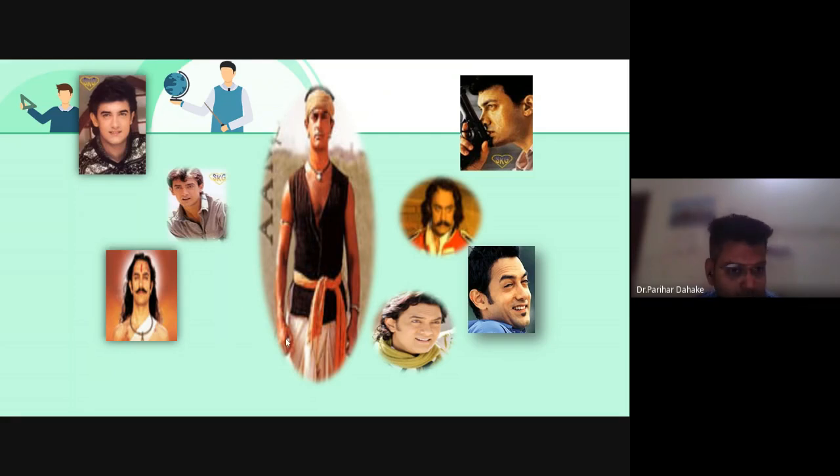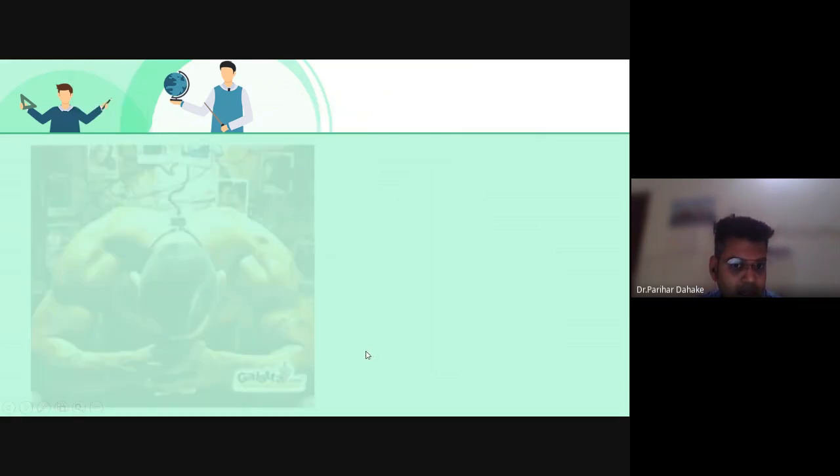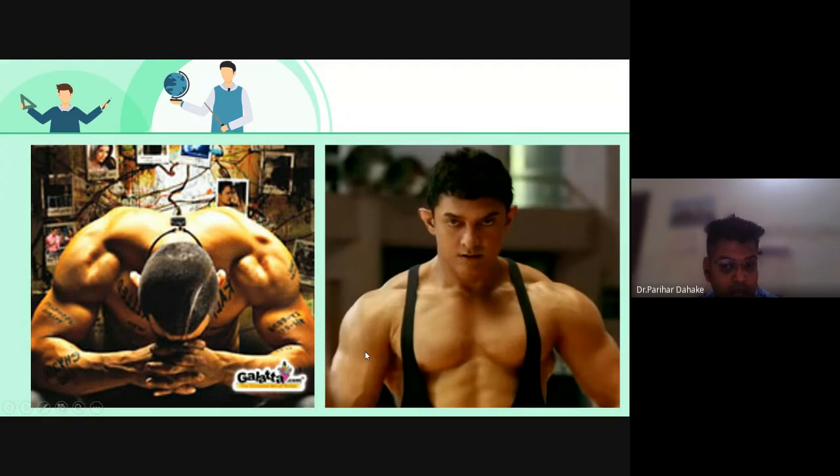He transformed himself, and for his next movie, he transformed himself in such a way that people started calling him Mr. Perfectionist. For every type of role, he was doing justice. He's trying to change himself all the time because he thought that when he gets perfection in himself, then and only then can he do justice to his role.